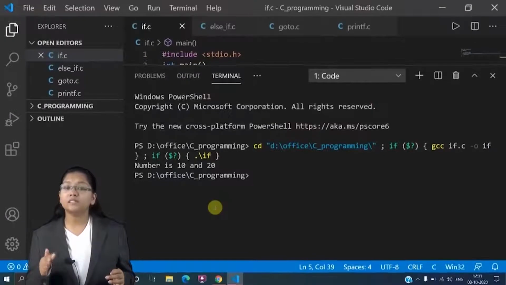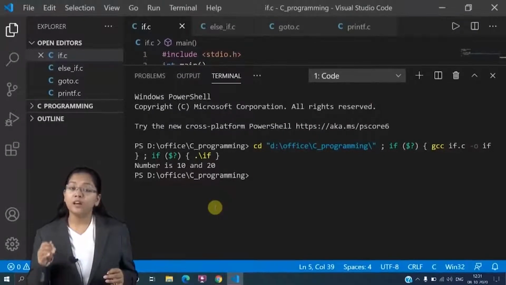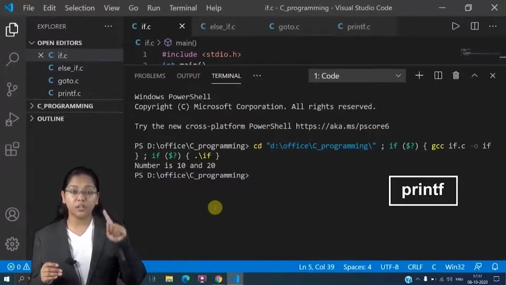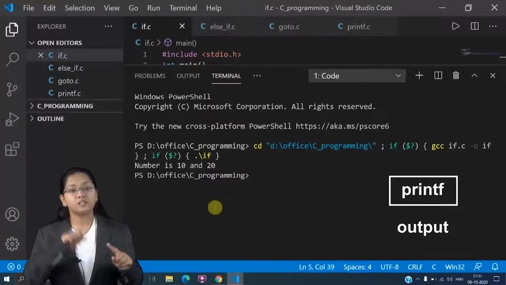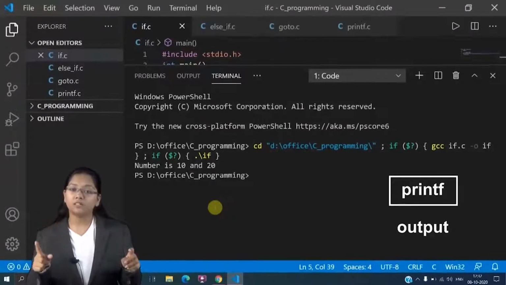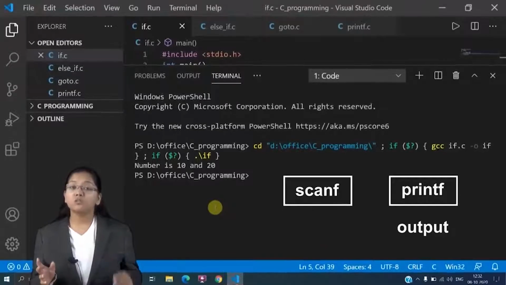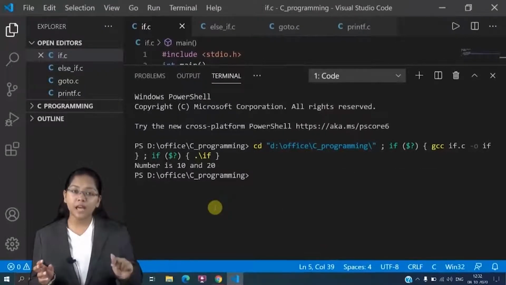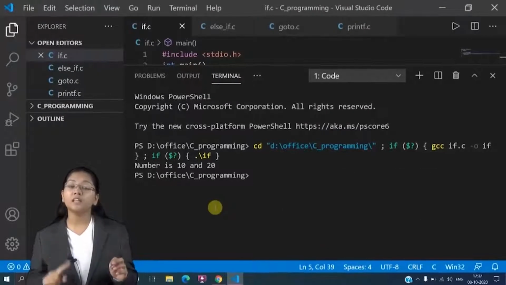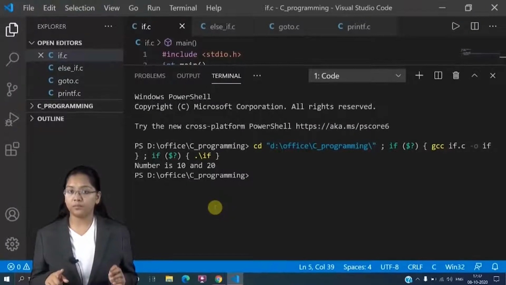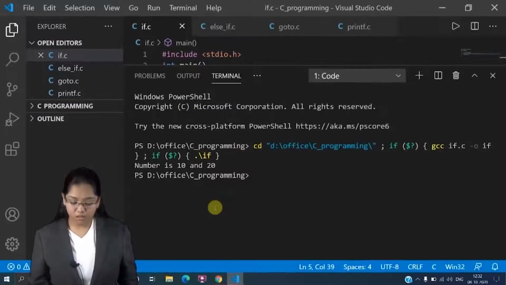Now consider the scanf function. If the printf function is used for giving the output, then similarly scanf is used for taking the input, right? So what is the syntax? Again in scanf we use the format specifier, right? So let's first see the code of scanf here.